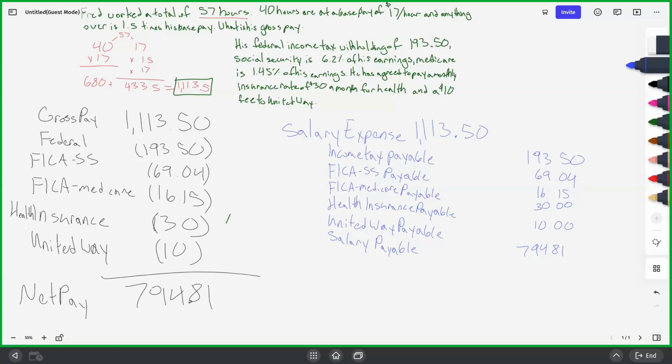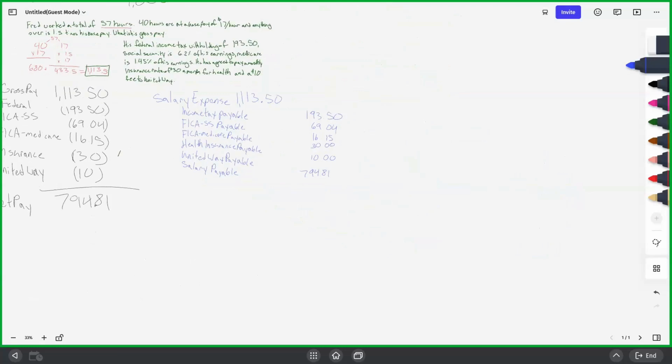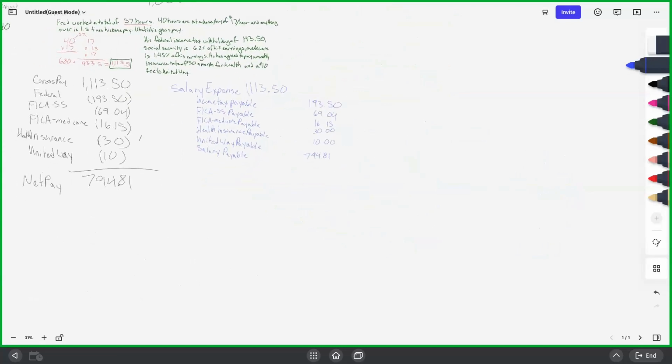Now, there is one more journal entry to keep track of, and that's going to be the payroll tax. We're going to try to make this as small as we can. Just off of a guess, what are we going to call the debit for this? Because again, there's one debit and then a bunch of credits. For payroll tax, what do you think is going to be that debit? Payroll tax expense.